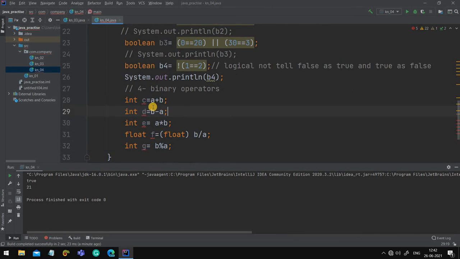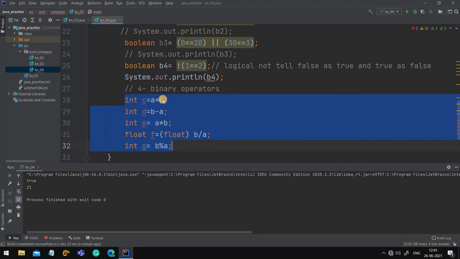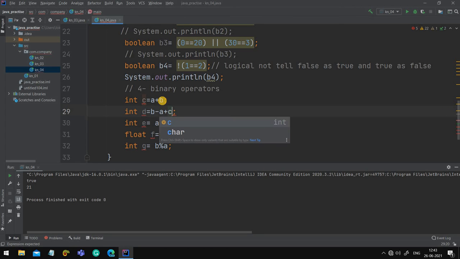This is the simplest example which you have to understand. Only two operands, two variables are used in one. If I do it like this, plus C plus D, then also it will be binary only.